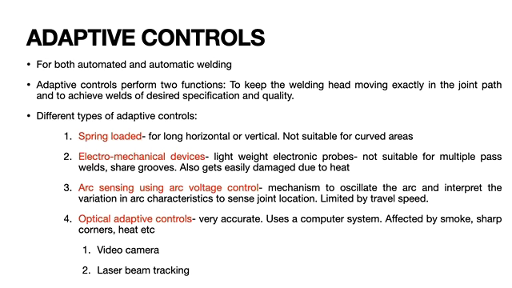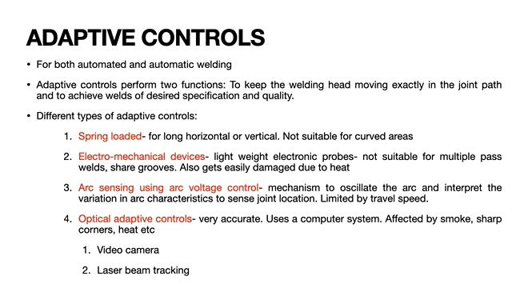And coming to the second thing, electromechanical devices, these depute very small or very light electronic probes, and these particular probes will detect the seam, and then adjust the position of the torch accordingly. The main problem associated with electronic probes is that these are very sensitive to heat, and during welding, a lot of welding heat will be produced, and this particular heat can damage the electronic probes. So these are still used, but the limitation is we need to change the probes frequently because of damage due to the heat incidents.